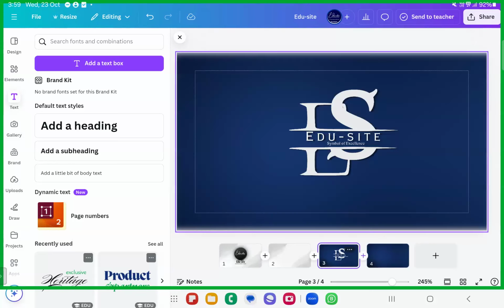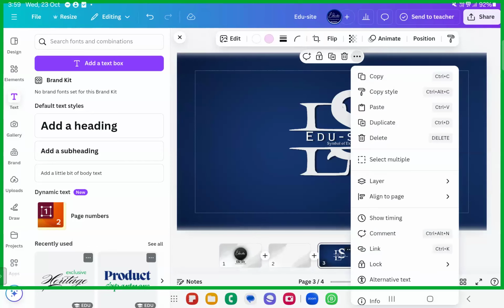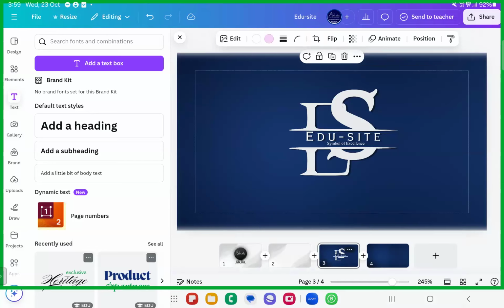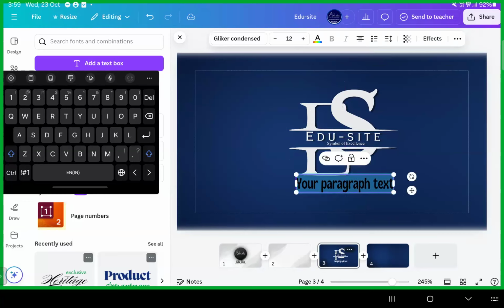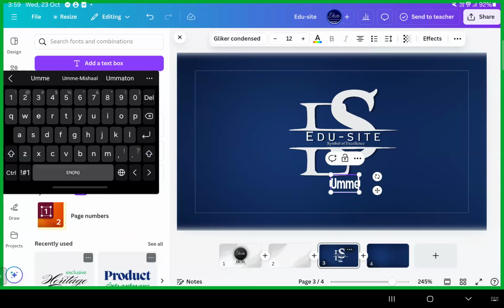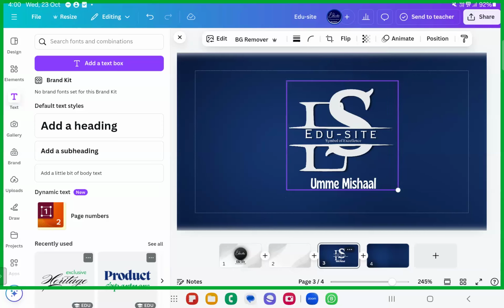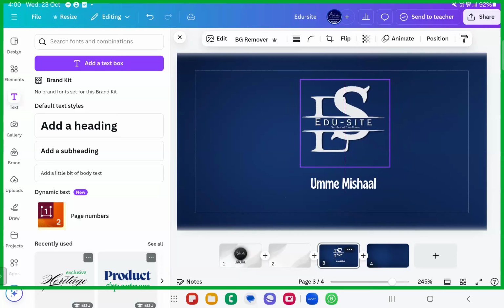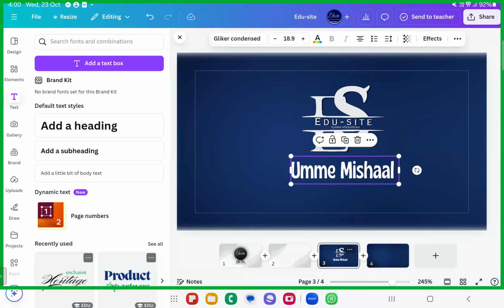For this one, I will apply it as Michelle. I want you to do this along with me. So we'll just send it backward. Now I'll do it for my name. We'll create one with the name. I would want you to create it with your own names. Please make sure you have your own logos. I told you already, I want you all to have your own logos in hand. This is fine for me now.